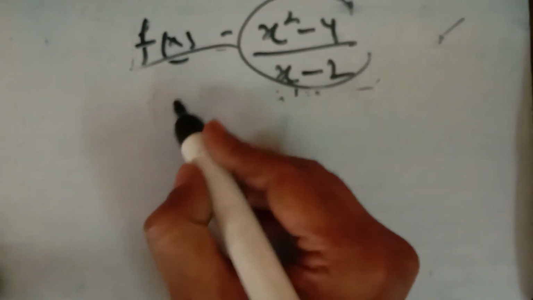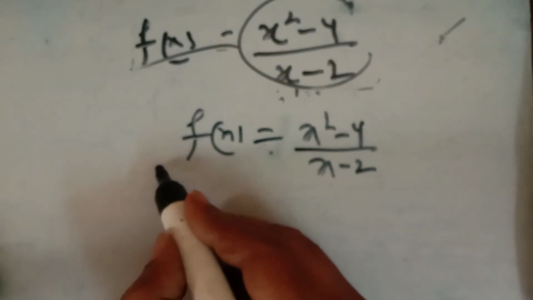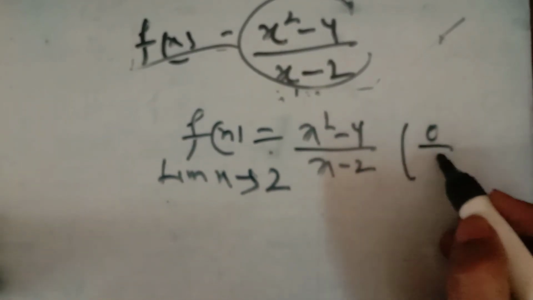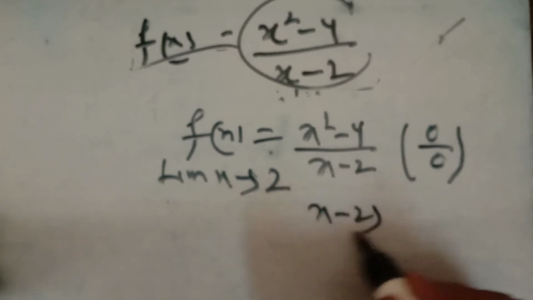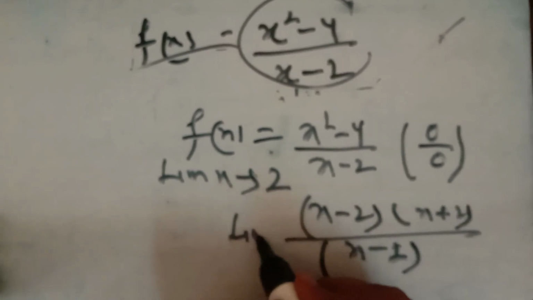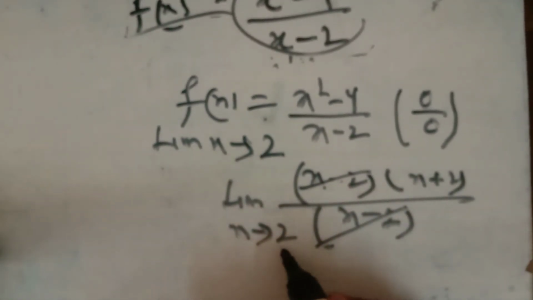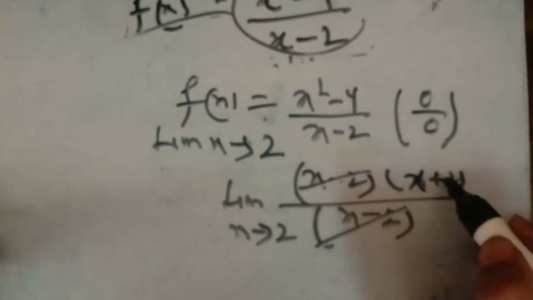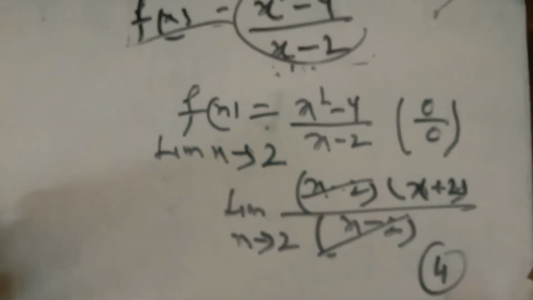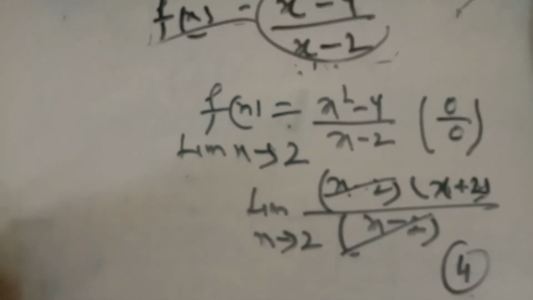Suppose we have this example, x square minus 4 upon x minus 2, and you have to find the limit as x tends to 2, and you are getting a 0 upon 0 form. Then in that case, first of all you simplify and try to remove this 0 upon 0 form. When you simplify it, you get x plus 2, and when x is approaching 2, the value of x plus 2 will approach 4, as I have already told you with the diagram. So this is a basic concept for the limits of the function.